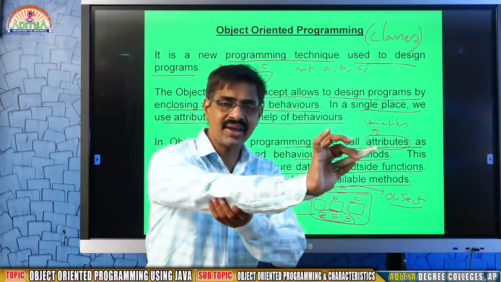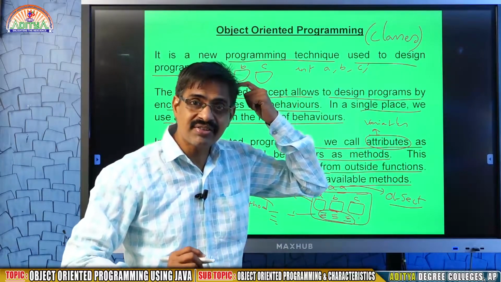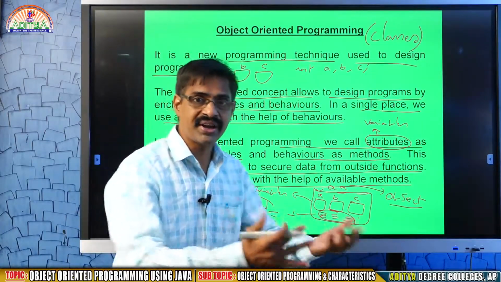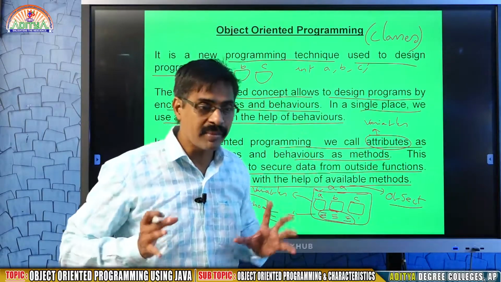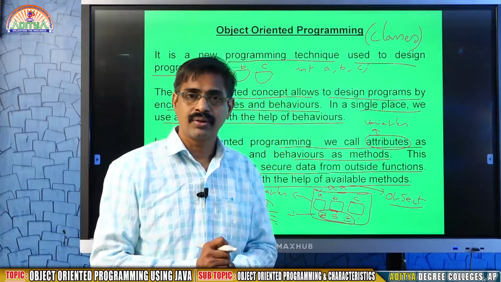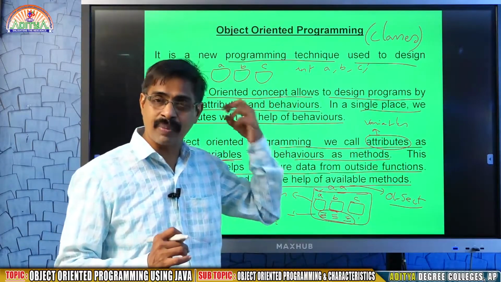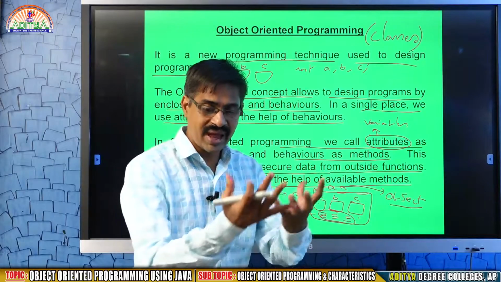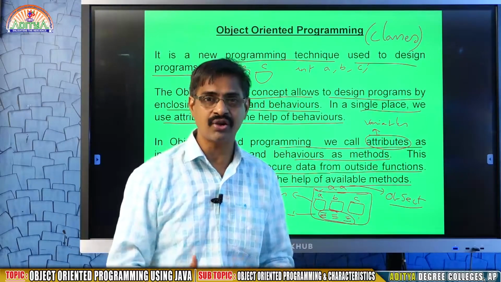Hand is an instance variable, but how is the hand writing? A method inside your brain makes your hand write. You are walking. Legs are instance variables, but you are walking because a method makes you walk. You are speaking, listening, singing a song, dancing, because there are hundreds of methods inside your brain. Each method performs an action. So with the help of the properties and the methods, a human is thinking, walking, jumping.